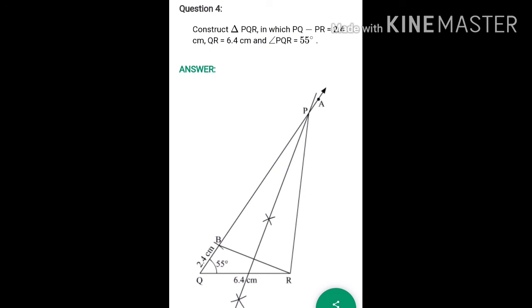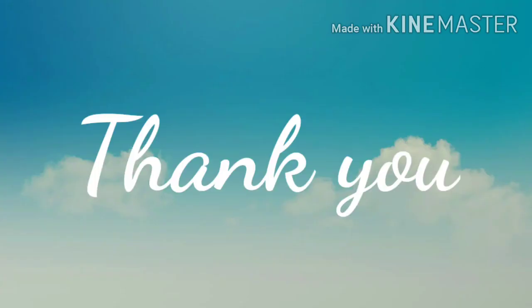Okay. So today we completed lesson number 4, all 3 types of construction. The first one, in which the sum of 2 sides, 1 angle and the base are given. The second, in which 1 angle, the base and the difference of 2 sides are given, and the third type, in which the perimeter is given. Recall the steps of construction, then you can easily construct. Just recall each and every step of construction, and we have discussed the steps in each type of construction. Just recall the steps in your mind.